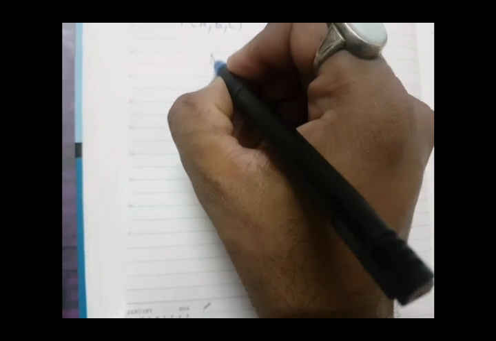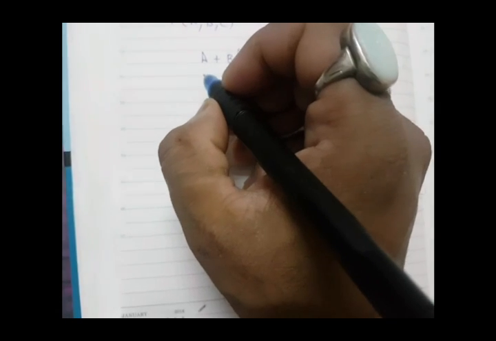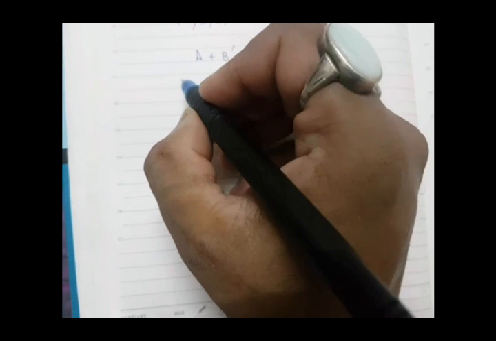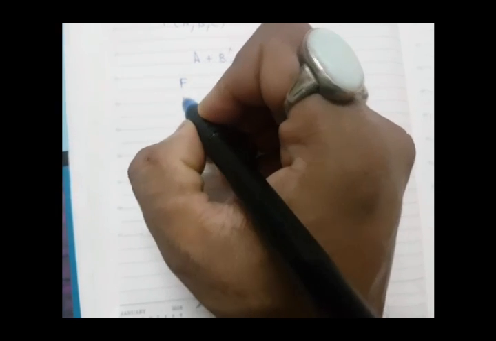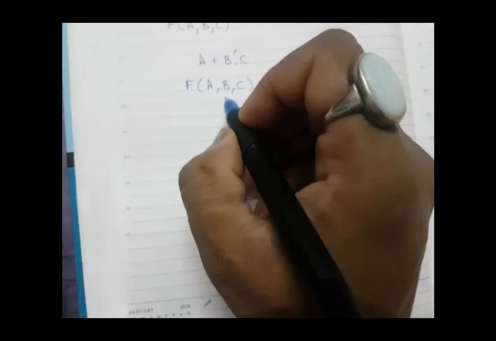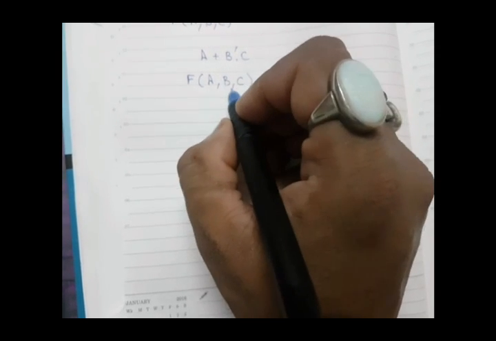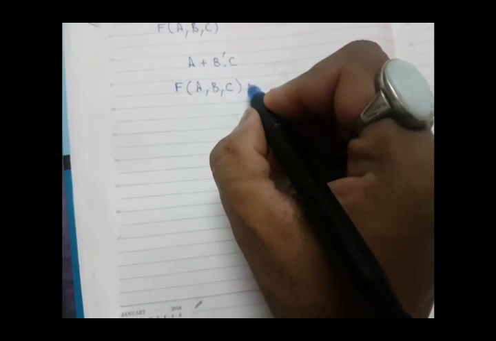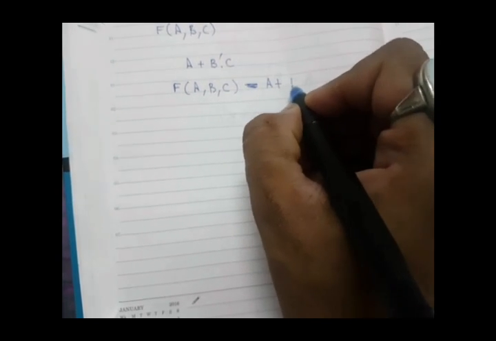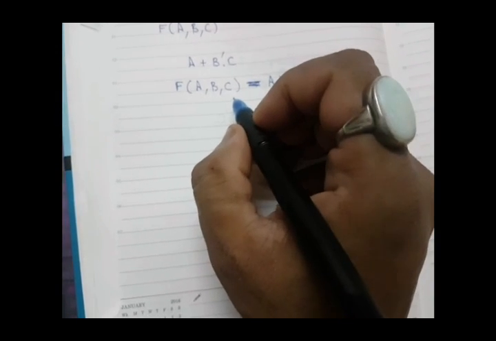Now students, a Boolean expression can be used to describe a Boolean function. How a function can be written properly, I'm going to show you here. Here you can see I'm using F to represent the function. A, B, C are the input variables, and they will have the value either 1 or 0 at a time. The output will be generated on the basis of this expression A plus B dash dot C. So this is the way you can understand the Boolean function.